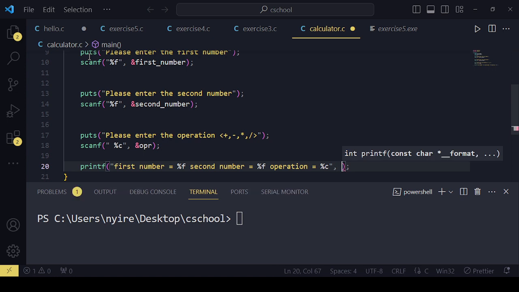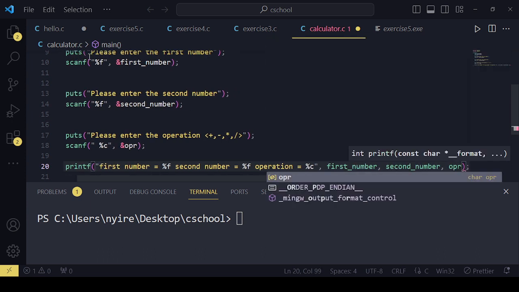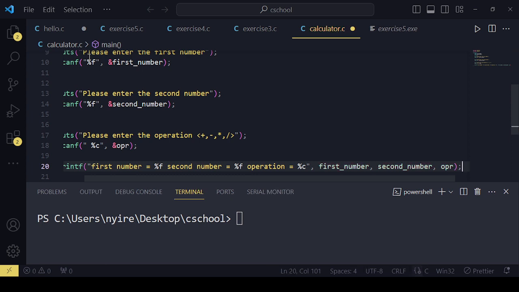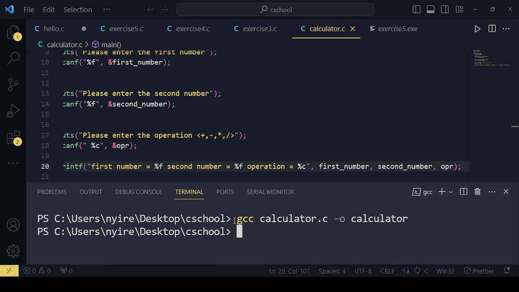And then here, what do we want to print out? Well, we want to print out the first number. We also want to print out the second number. We also want to print out the OPR. Now, I'm just going to save the program, and then we're going to compile the program and then see the output, right? So that is great. All right, so now we're going to wait. Wow, program compiled with 0 errors. Now that is good information. And then here we're going to say dot forward slash, and then the name of the file, calculator,